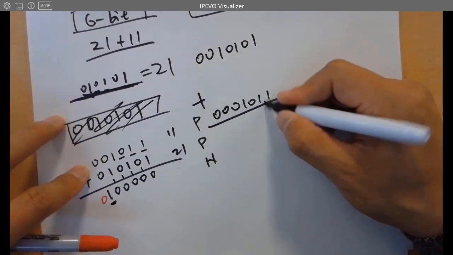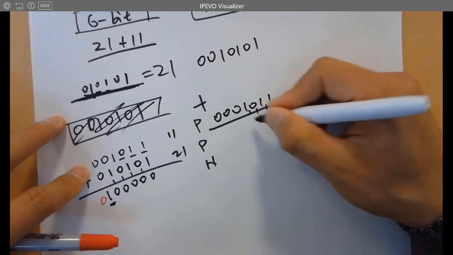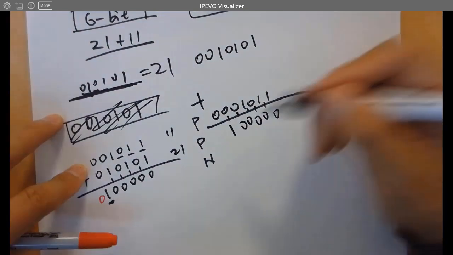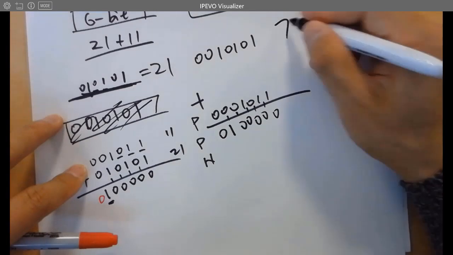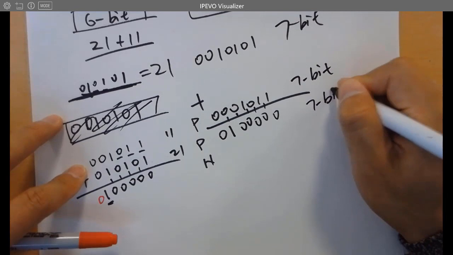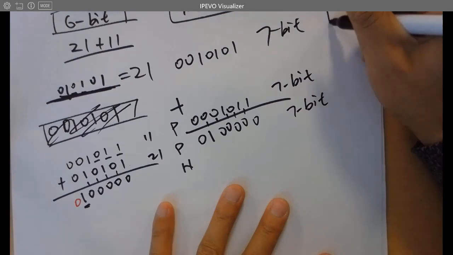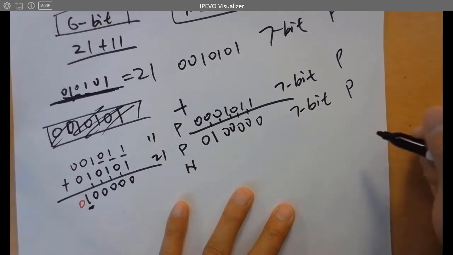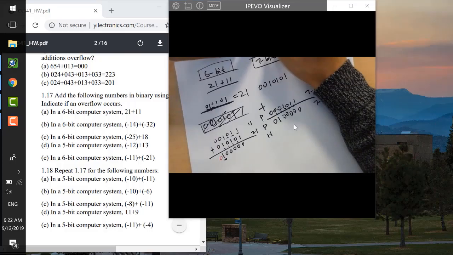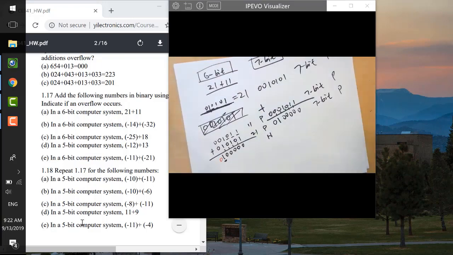So you're getting 1 plus 1 is 0, 1, 0, 1, 0, 1, 0, 1, 0. Put 1 here, 0 here. So 7-bit. Add a 7-bit, and you get a 7-bit. Any overflow? No, because P, P, P, right? So you're fine. Let's take one more example here. In a 5-bit